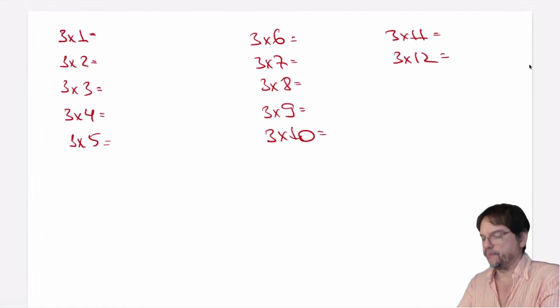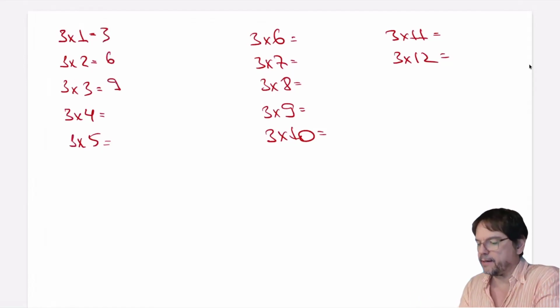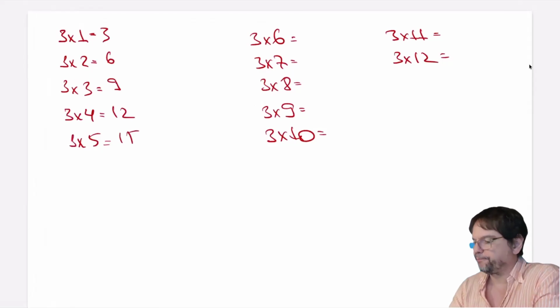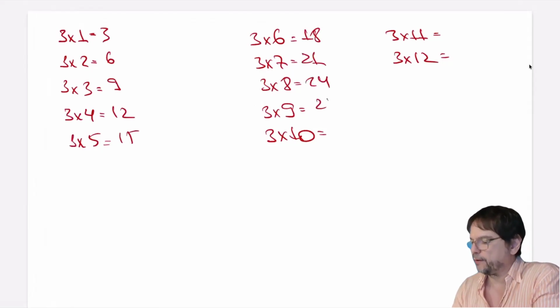So you did 3, 6, 9, 12, 15, 18, 21, 24, 27,